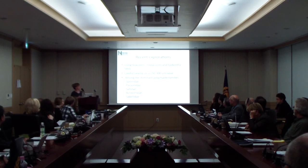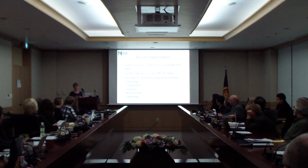But then later explorations, people started to use other gears, like box cores, megacores, and epibenthic sleds. And they get some smaller infaunal specimens instead, especially if you sieve at 250 or 300 microns. And that shows a totally different pattern in the dominant polychaete families from these areas. So now it's not at all the